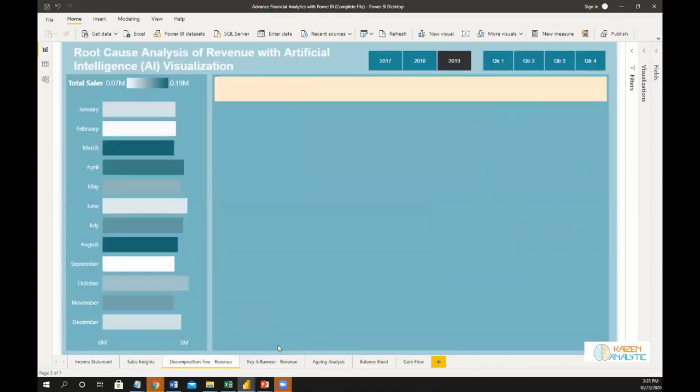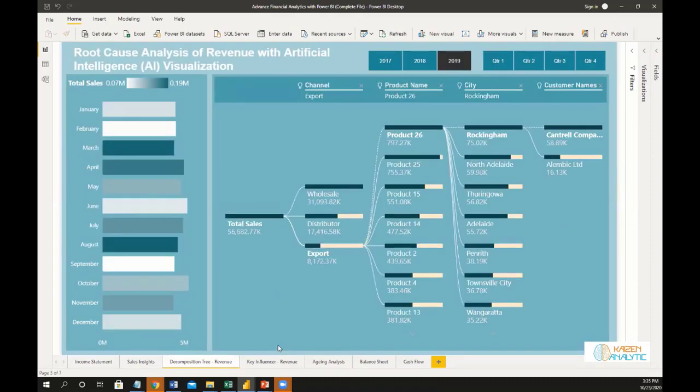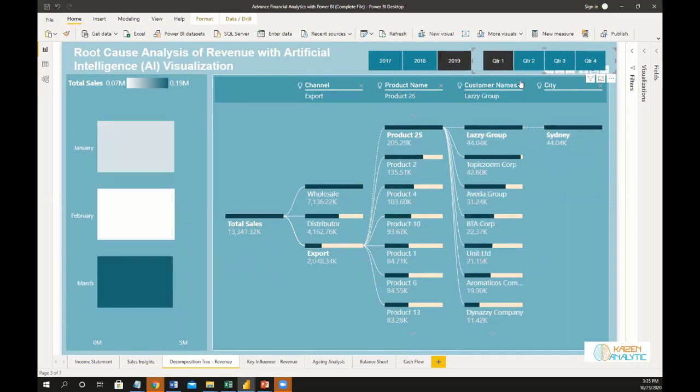And then we'll analyze some different features of Power BI, like artificial intelligence features of Power BI. So this decomposition tree is automatically created if you have done your data modeling and data transformation in a right way. So you can slice and dice according to various parameters, and you can analyze the root cause